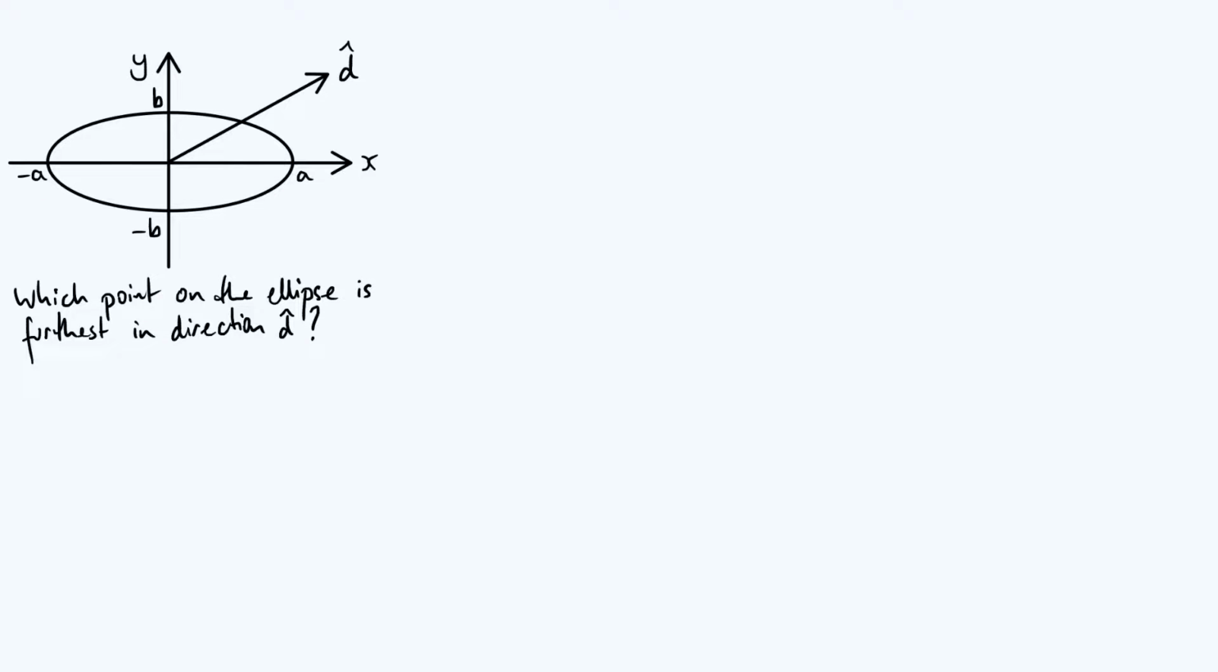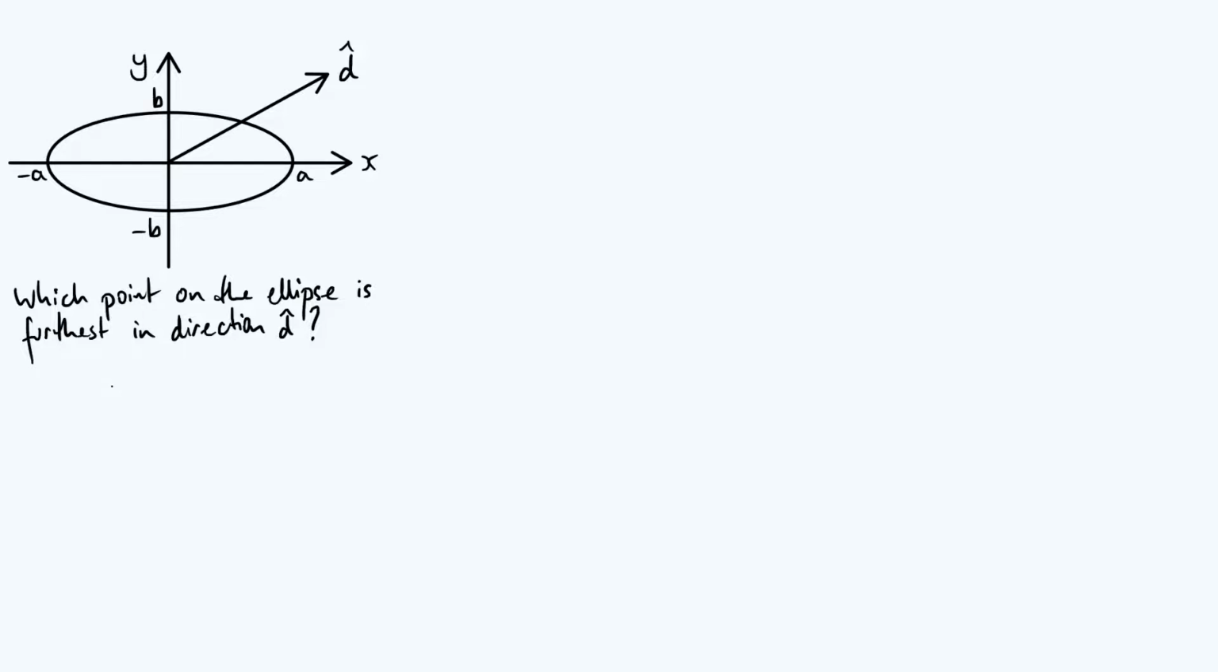Hello everyone. So the problem that I'm going to be looking at in this video is summarized by this diagram that I've got at the top left. We have an ellipse with semi-major axis A and semi-minor axis B. I've got a Cartesian coordinate system aligned with those axes. I also have a unit vector D, a normalized vector which is just defining some particular direction in 2D space. The question we want to answer is, as I've written here, which point on the ellipse is furthest